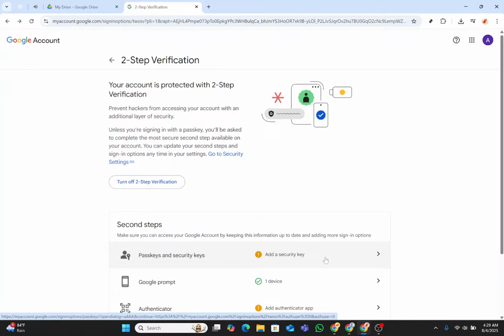access your Google Drive. Having 2FA enabled is a great habit to cultivate because it provides peace of mind, knowing there's an added layer of protection around your personal information. Remember, online security is crucial, and measures like these are simple yet powerful ways to safeguard your data. Congratulations on taking this important step to secure